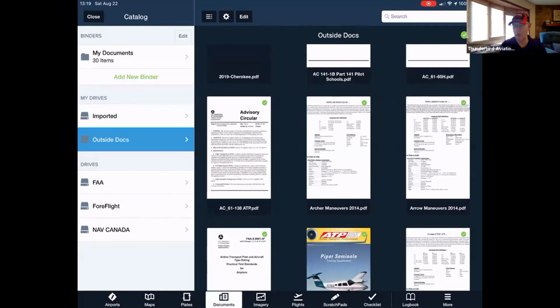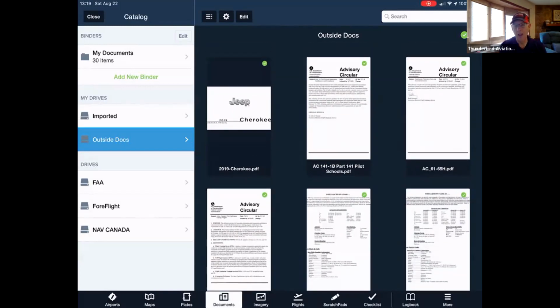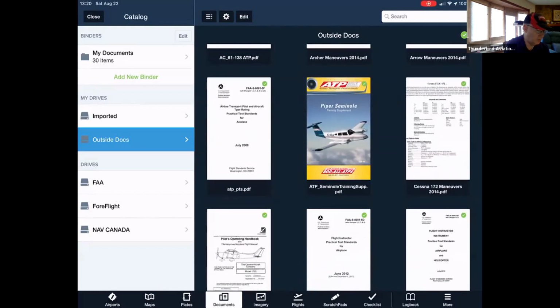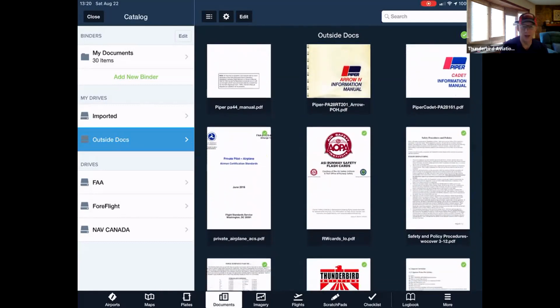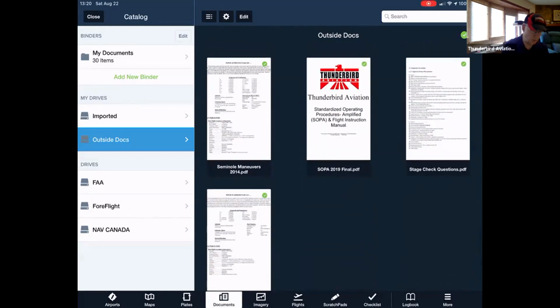So before ForeFlight came up with this cloud document thing in the $200 version, I found an application on Dropbox. If you have a Dropbox account for yourself, for the amount of stuff that I use, the Dropbox is free because I don't have that many documents in it. But if you go to the Dropbox application on your computer, you can add to Dropbox something called the ForeFlight app. What that does is create a folder in the application folder in Dropbox, and you can put all the extra documents that you use but aren't updatable on any database that ForeFlight has, put them in the Dropbox, and then whenever you get a new iPad,